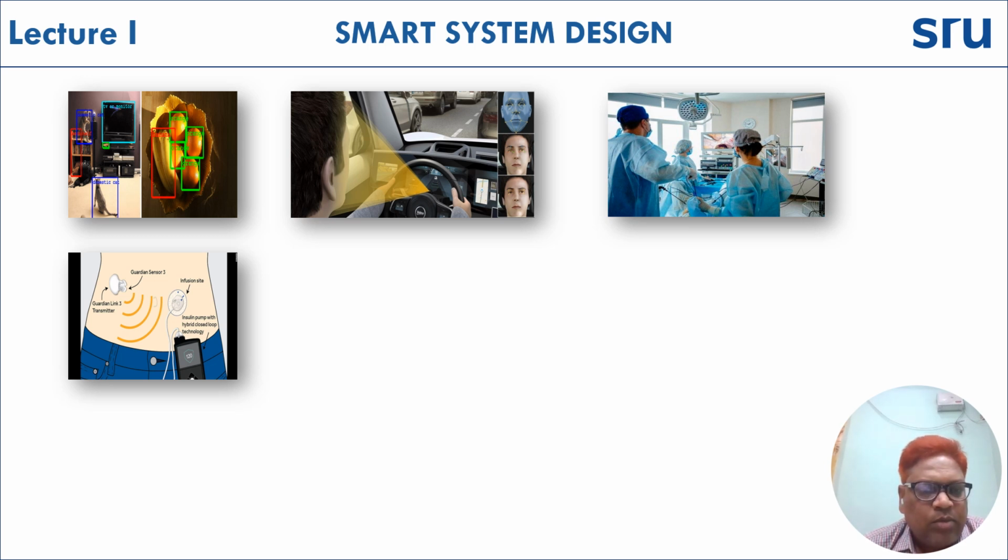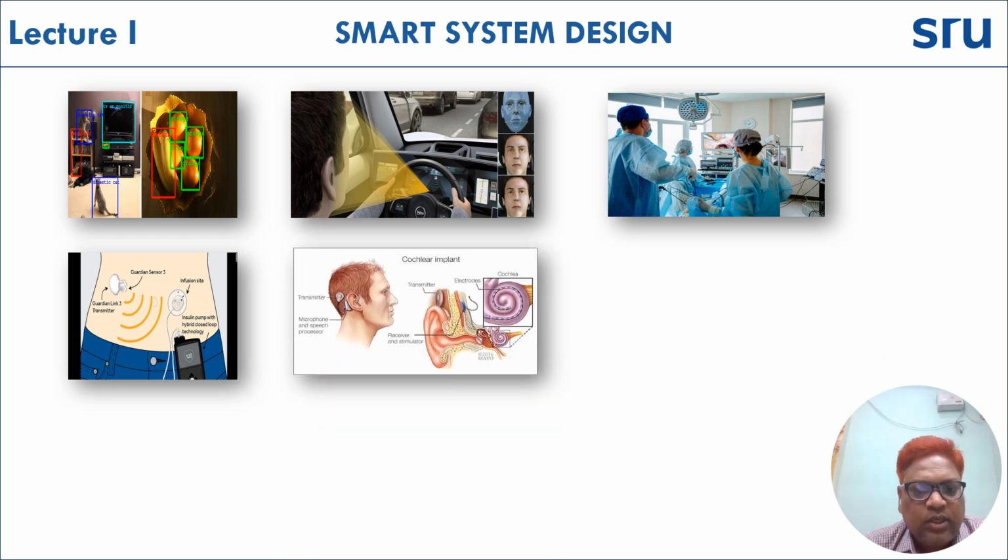This is a system implanted in the human body in order to maintain the insulin level within our body. That is called an artificial pancreas, and cochlear implants, which are normally used for deaf and dumb people,